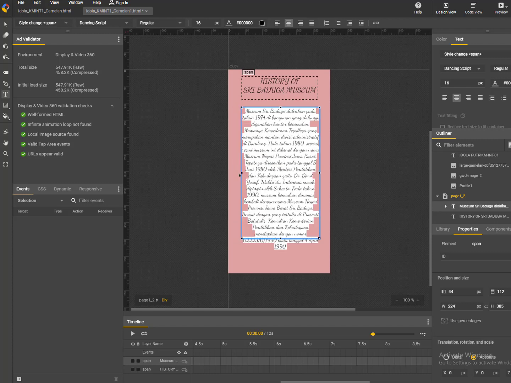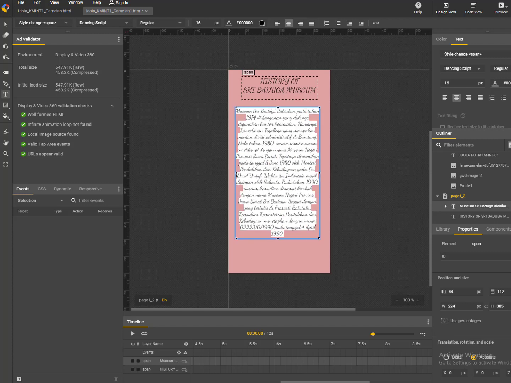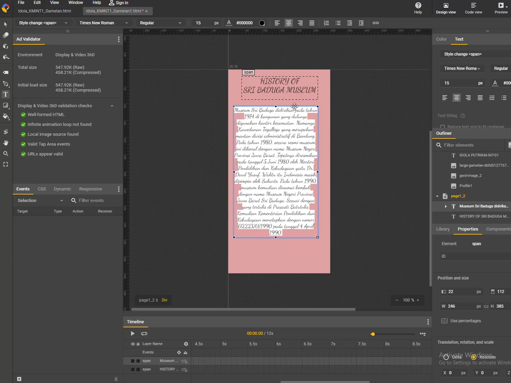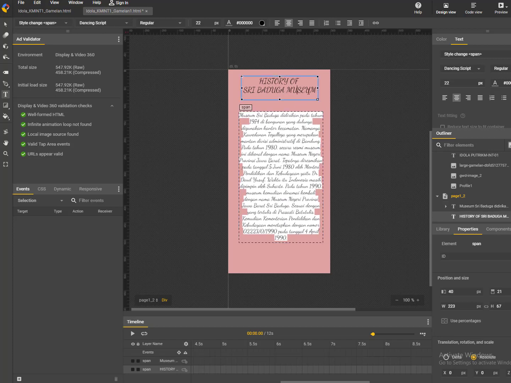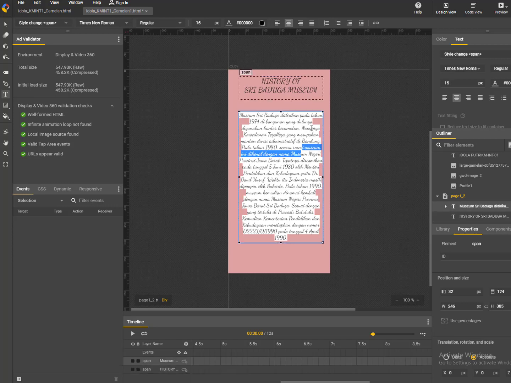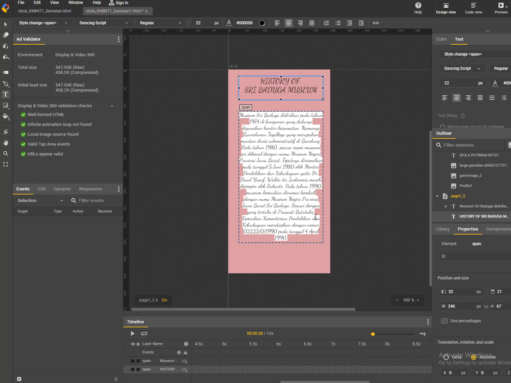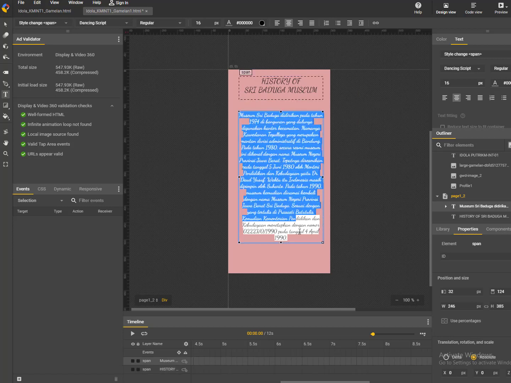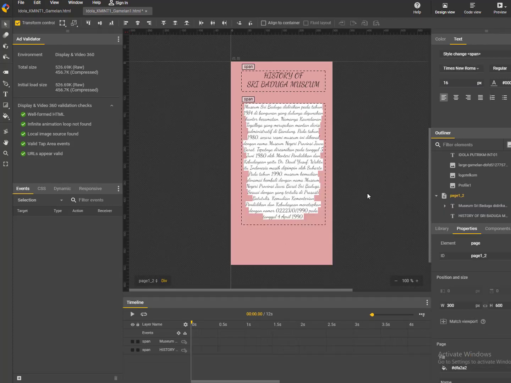Or you can rearrange the box. Okay, there we go. So you already have the text for your page 2.